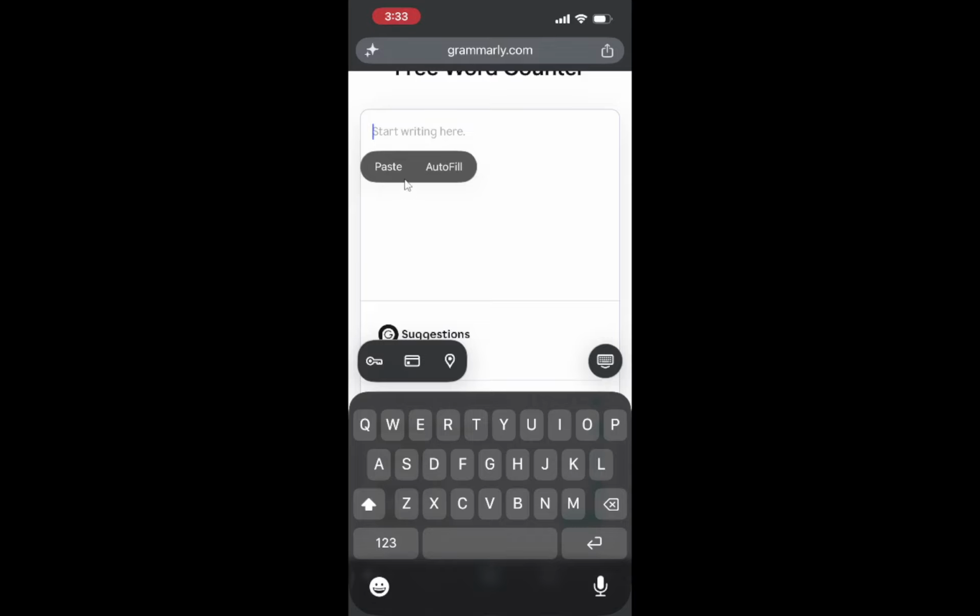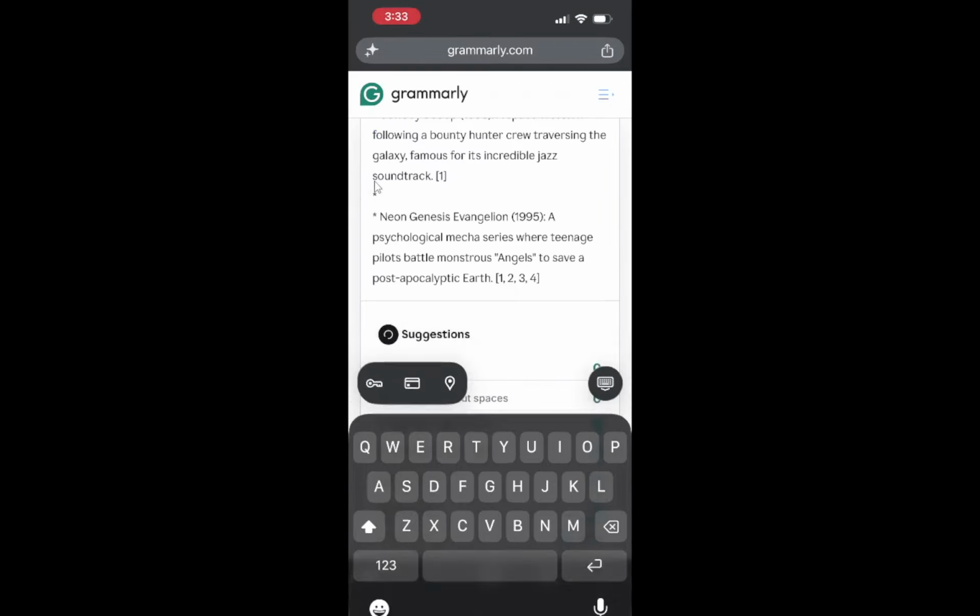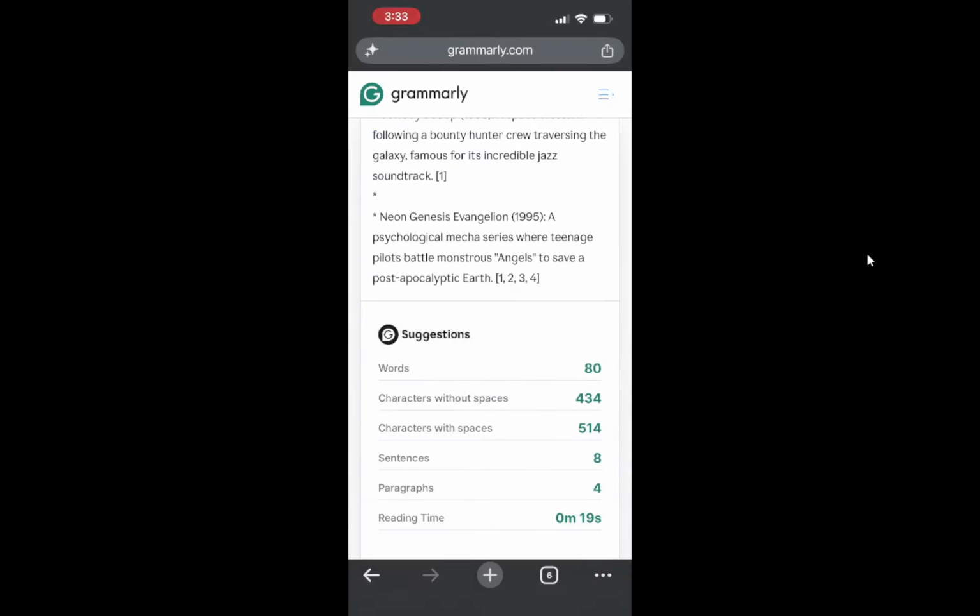Next, paste your copied text into the chosen application. To do this, tap and hold in the text area until you see the Paste option. Selecting this will insert your text into the application. This action is vital because it transfers your text into a format that can display the character count. Once you paste it, you might notice that the text appears exactly as it was in Apple Notes, preserving your formatting and content. Finally, view the character count in the application.